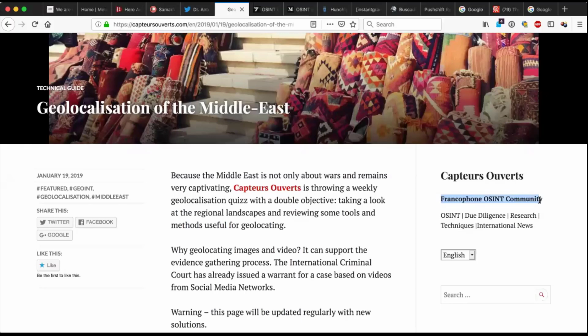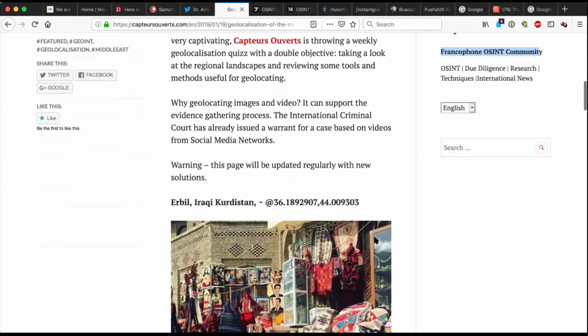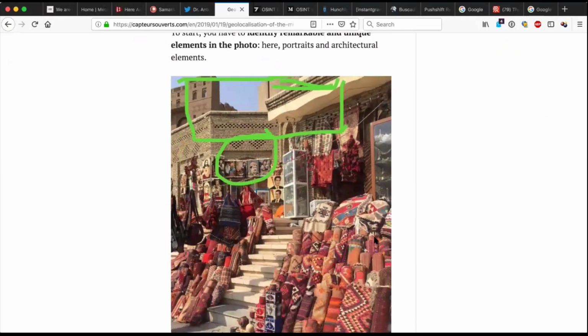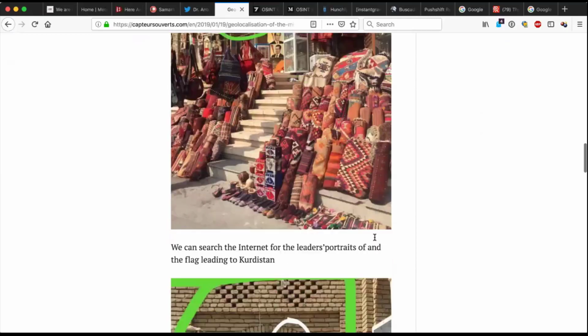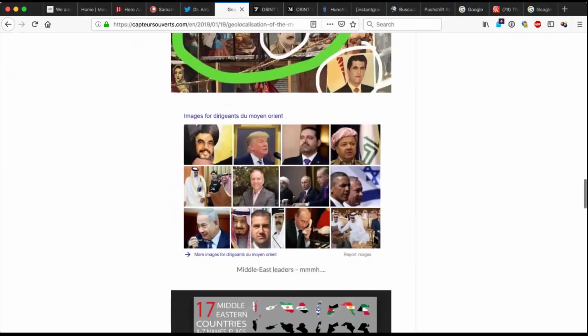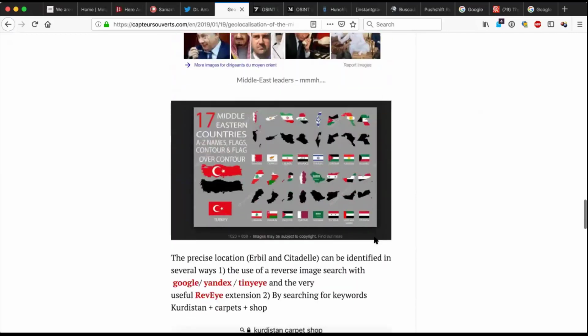But this article was fairly interesting because they give you some ways to look into Arabic geolocation imagery, or to identify where certain places might be, where pictures may have been taken.